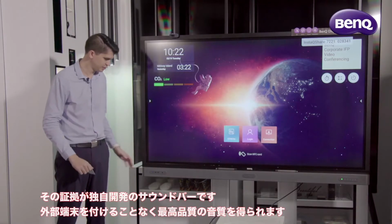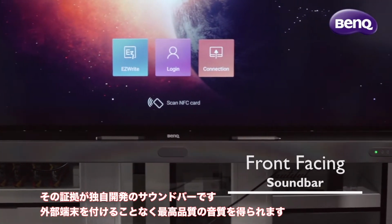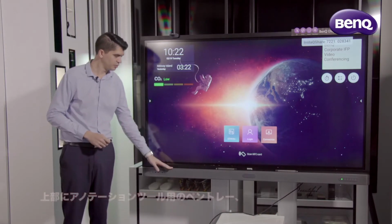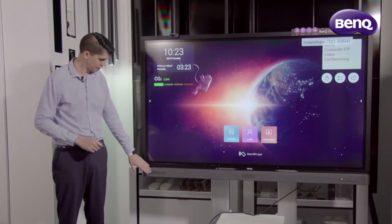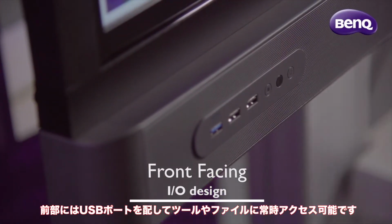Great evidence of this is our very own unique soundbar, which delivers custom, superior audio, meaning there's no need to add external devices for audio quality. Sitting on top of our soundbar is our pen tray, which means your annotation tools are never too far out of reach. At the front of our soundbar here, we have our USB front-facing ports, meaning you always have easy